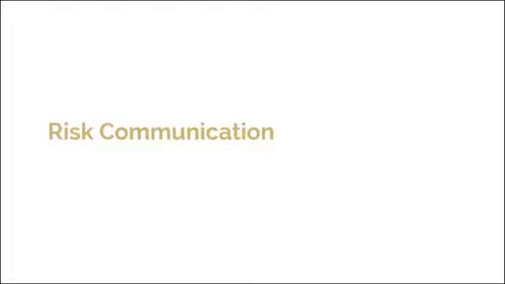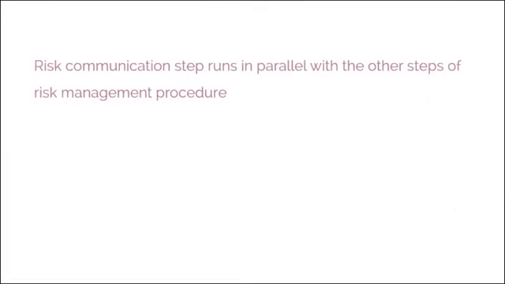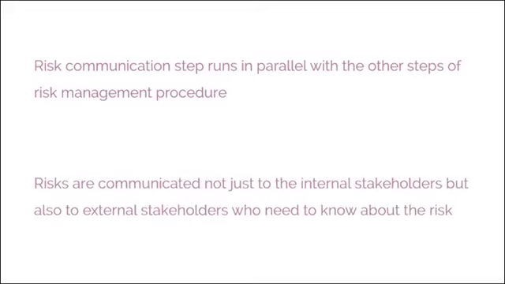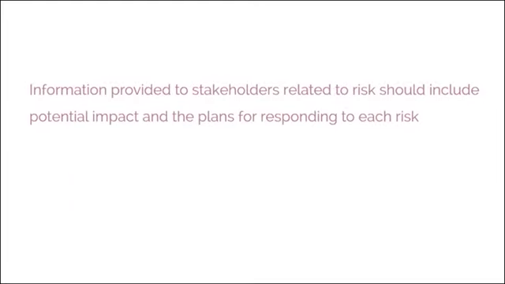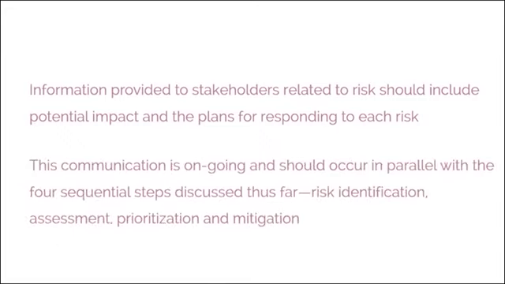The next step is risk communication. As mentioned earlier, the risk communication step runs in parallel with the other steps of the risk management procedure. Risks are communicated not just to the internal stakeholders, but also to external stakeholders who need to know about the risk. Information provided to stakeholders related to risk should include potential impact and the plans for responding to each risk. This communication is ongoing and should occur in parallel with the 4 sequential steps discussed thus far: risk identification, assessment,